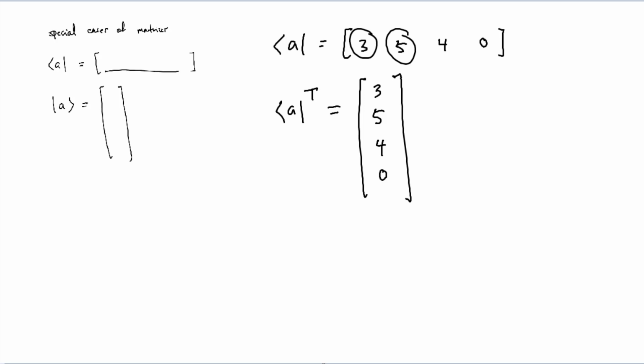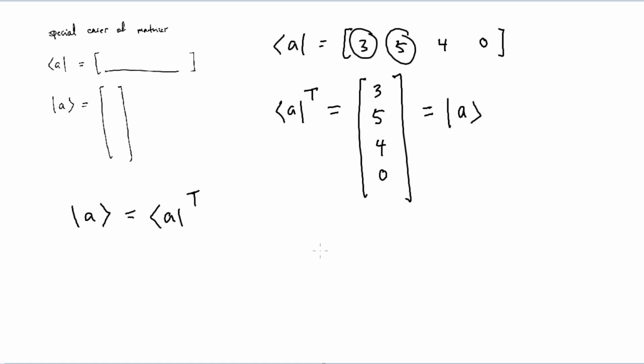And that is fundamentally the definition of some ket vector, by the name of A. If you write A as a ket vector, this is the result that you get. Therefore, the relationship is that some ket vector A is equal to some bra vector transposed. And similarly, if you do it the other way around,